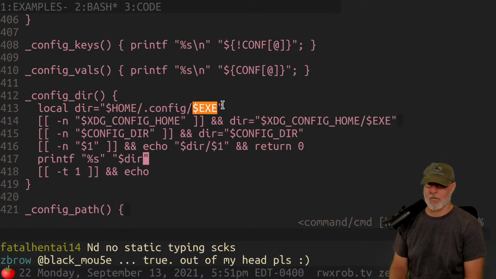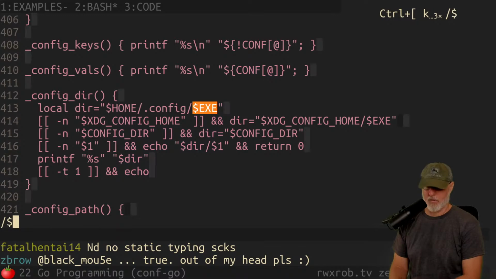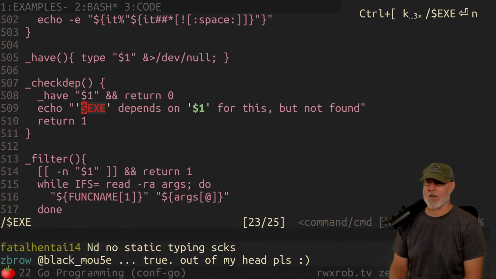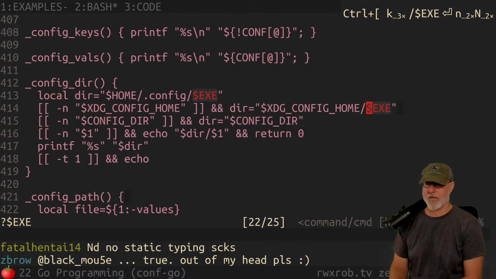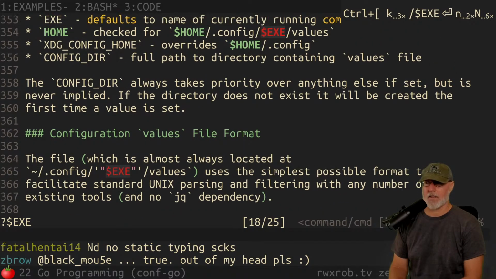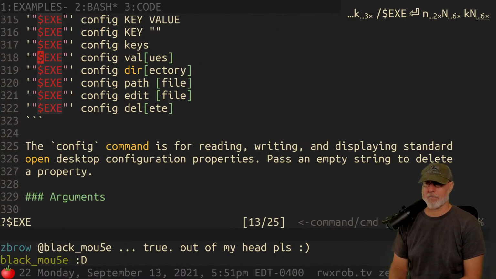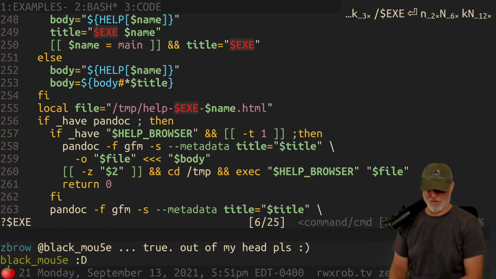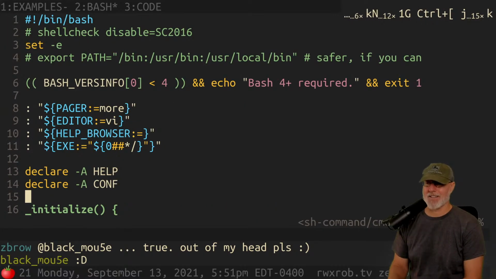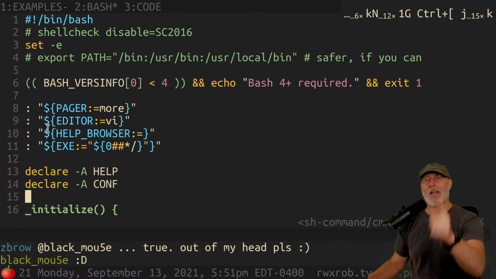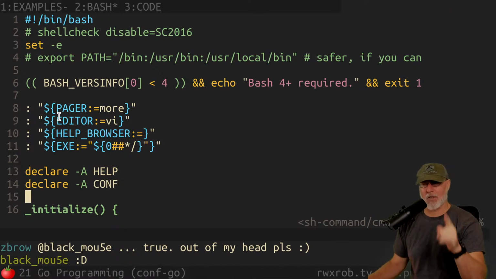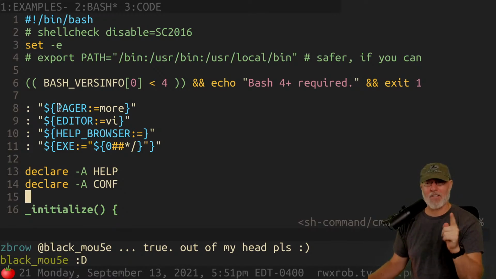First of all, I have to get exe. How do we get exe? Well, where did that even come from? So exe is the name of the executable. I'm going to go find how I got it here. It's a standard thing that I have in my Bash template. It's super easy to do and cut. This is a good example of parameter expansion. Look at that, man. If you put basename in your scripts, in your Bash or POSIX code, because it's supported in POSIX, if you call out to basename, which is a separate executable, in your shell code, you're an idiot.